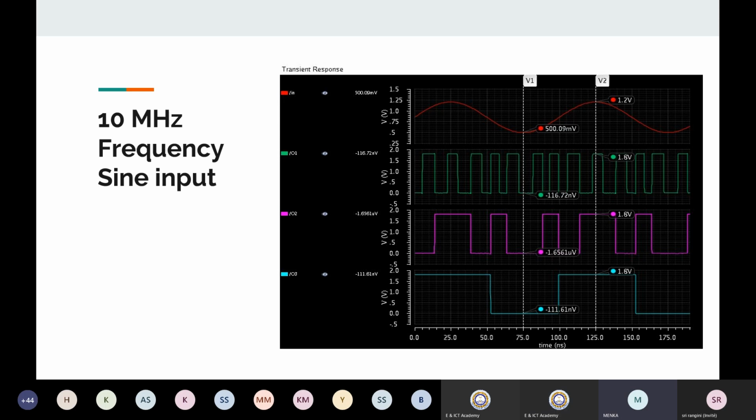So on slide number 16, you can see that a 10 megahertz frequency sinusoidal input was given, and the encoded output was obtained in this fashion. You can see a very good output has been obtained corresponding to the 10 megahertz frequency, right? And if you convert this sinusoidal into sampled signals, you will see that corresponding to each and every interval, you will get whatever digital output they will be having. Okay. If there is any query regarding this, you can type in the chat box.